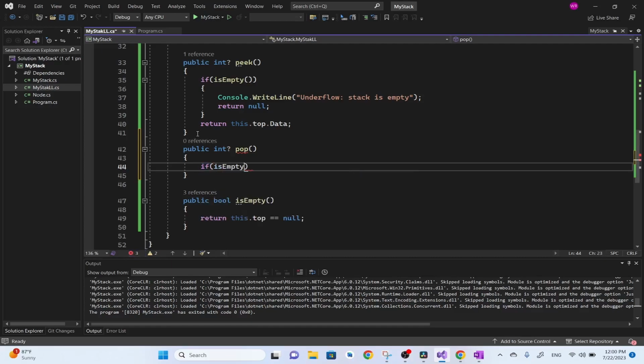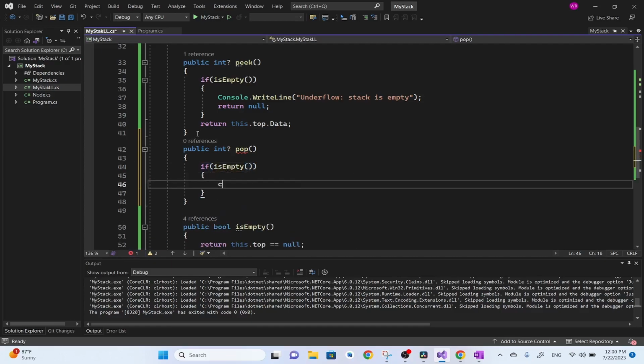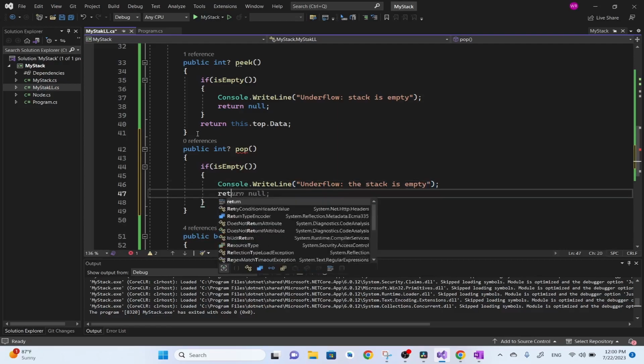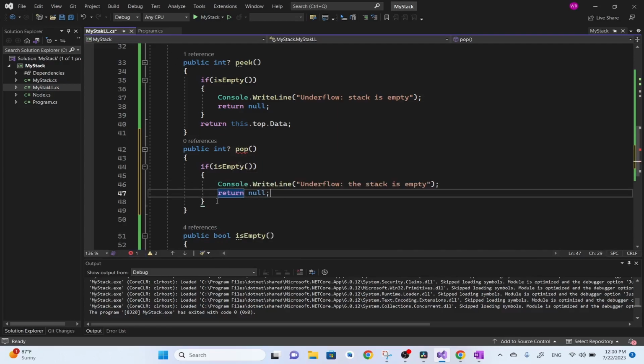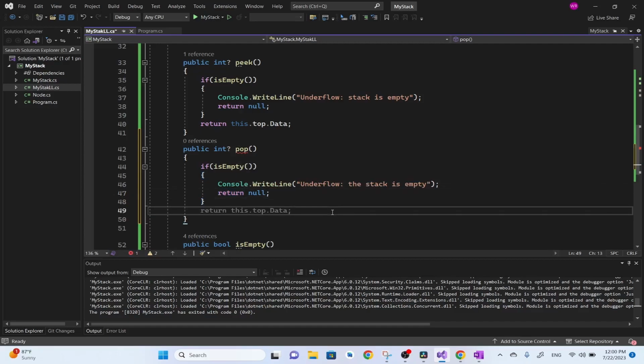First, we are going to check if it is empty. If the stack is empty, we are going to prompt the user: underflow, the stack is empty. And we return null. Otherwise, we are going to remove from the beginning of the linked list. We are going to just update our top pointer. We'll say this dot top equal to this dot top dot next, and the initial top will be eligible for